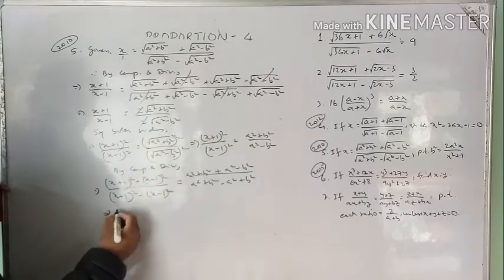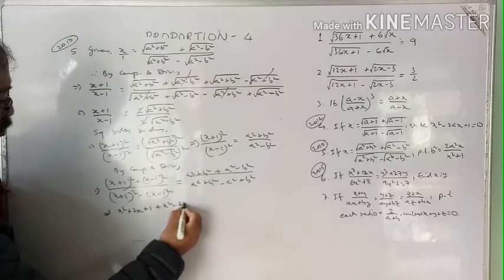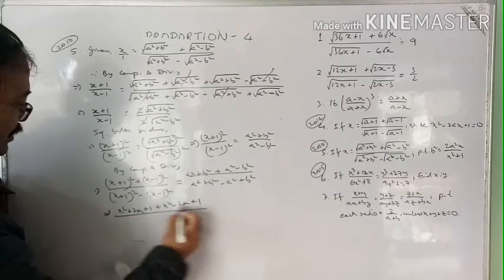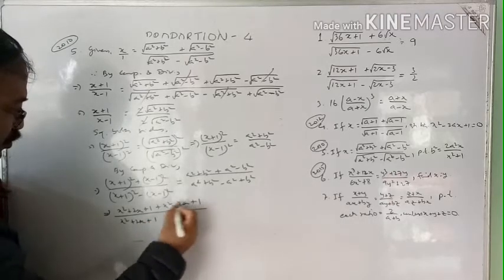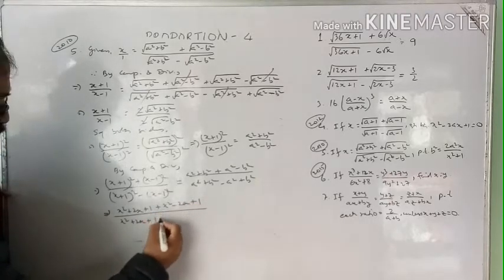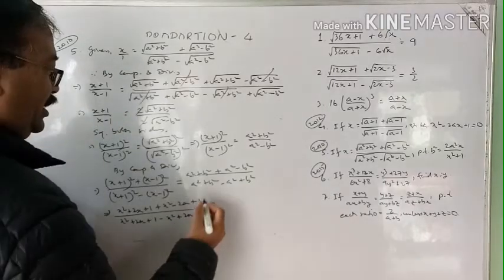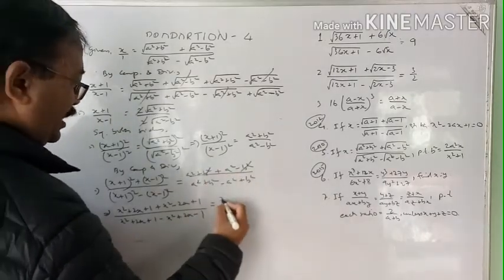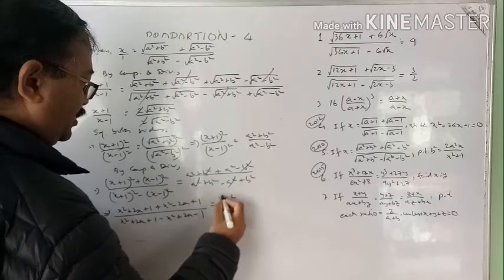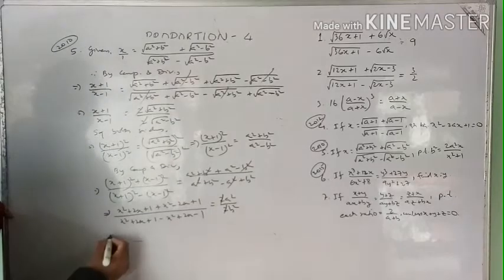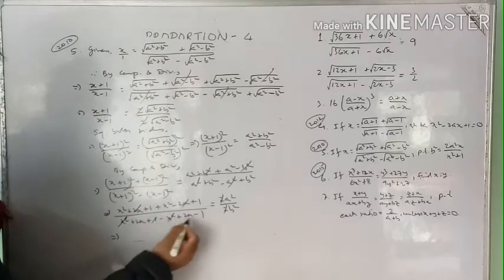So here use the formula a square plus 2ab plus 1 plus a square minus 2ab plus 1. Here first terms will be as it is. Here sign will be opposite. Sign will change. Minus x square plus 2x minus 1. Here b square got cancelled, so twice a square. Here a square got cancelled, so twice b square, 2 also cancelled. Here also now this 2x gets cancelled and x square, 1 also got cancelled.